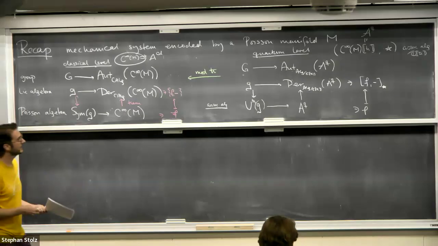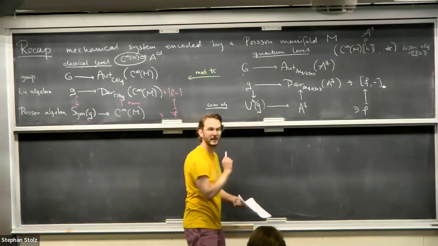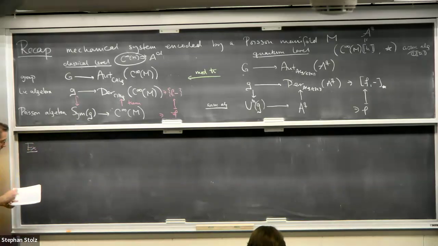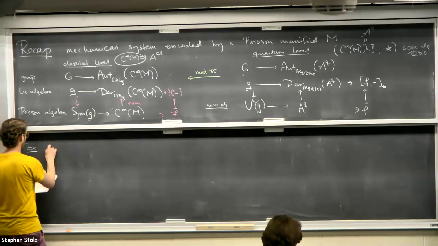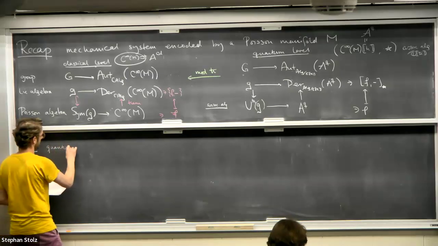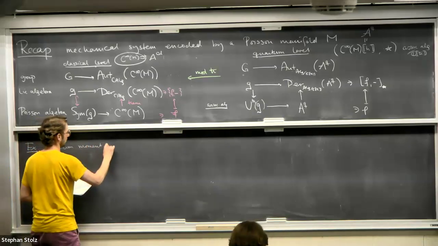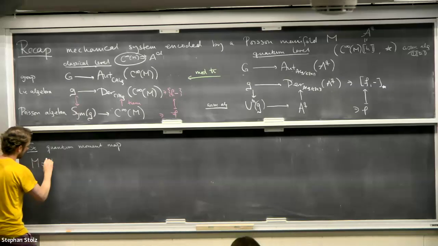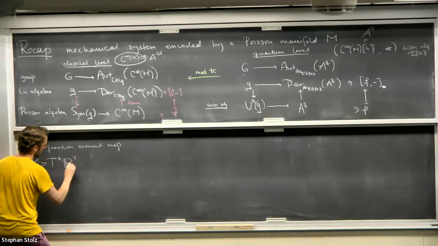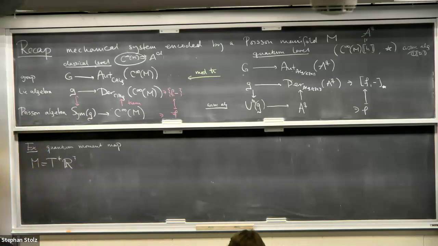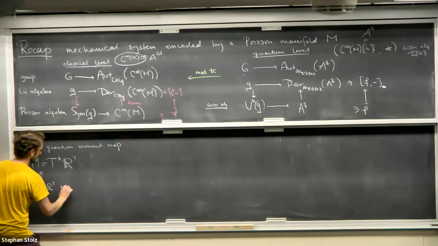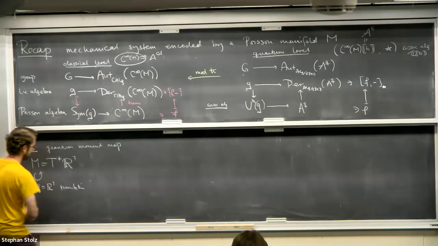So Pablo pointed out that I didn't give any examples of one of these quantum moment maps. So I'm going to give an example really quick, so it doesn't seem totally empty. Quantum moment map example. We talked yesterday about the example of the cotangent bundle of R^3. I'm going to tell you a modest lie, but I think it's okay. So this has an action of the translation group and the translation of the algebra.